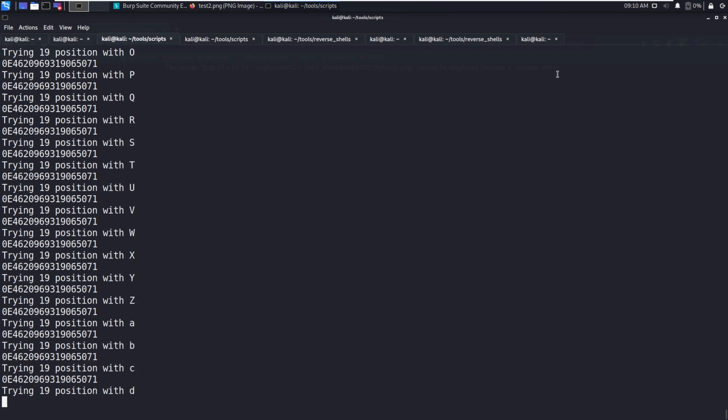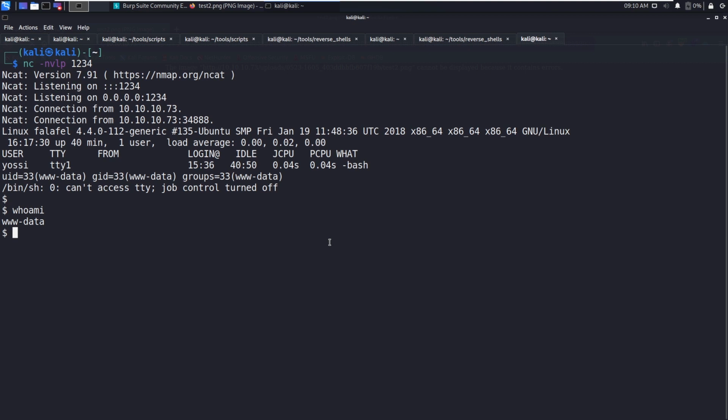So let the script continue. Let's say which python3. Okay, that should do it. python3 -c import pty; pty.spawn /bin/bash.